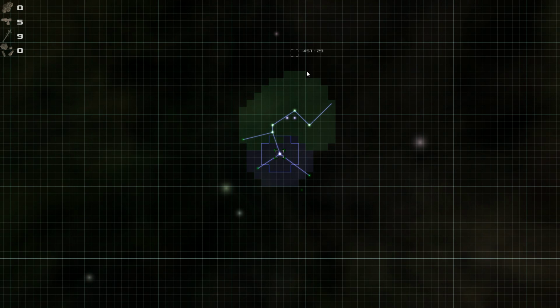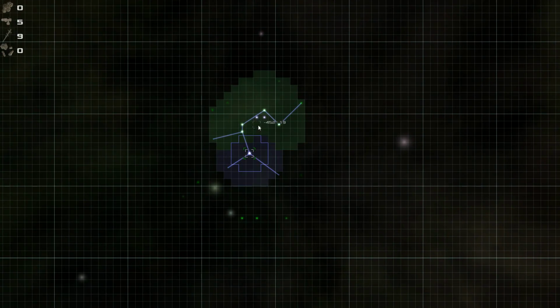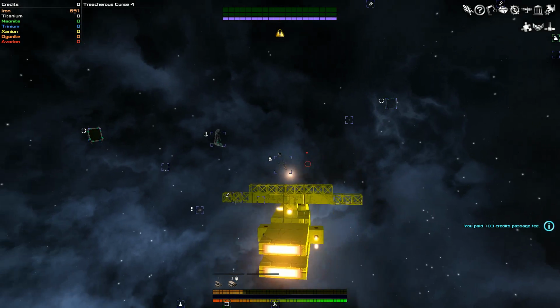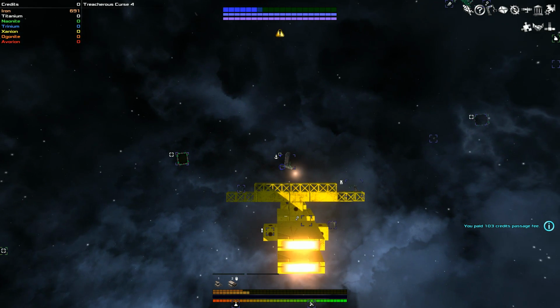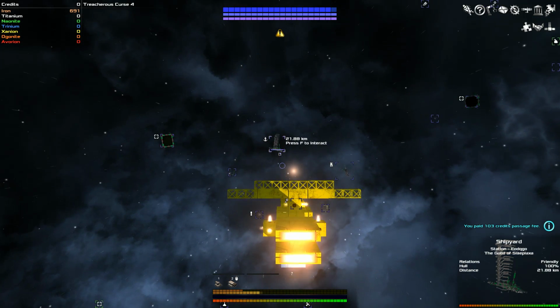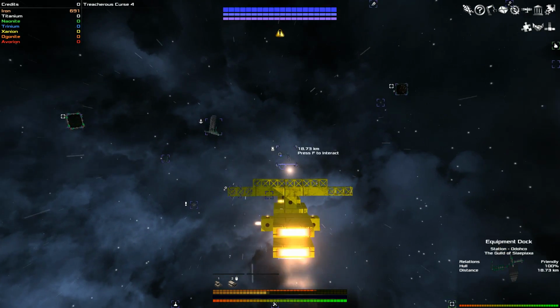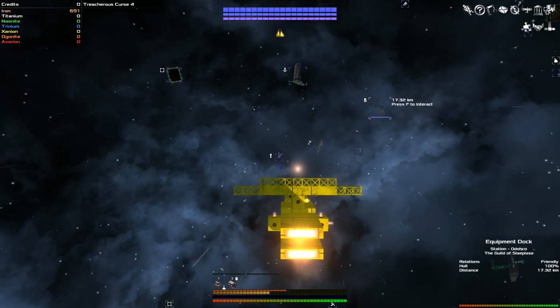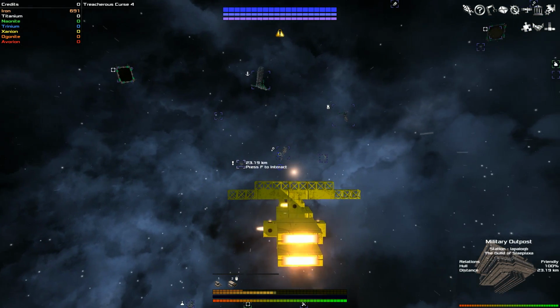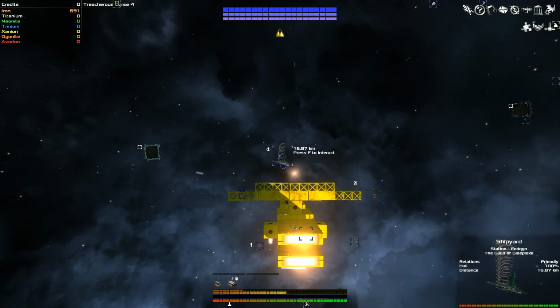Let's see, where did this dump us? Okay, so it pushed us out a little bit. What do we got here? You paid 103 credits passenger fee. Shipyard? Can you buy other ships? Military outpost. Jewelry manufacturer. Alright, so we'll go here, then we'll go military. I want to see if...